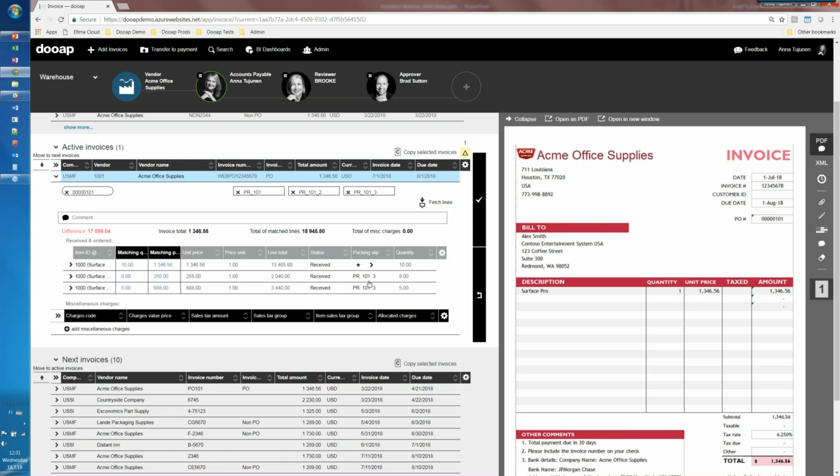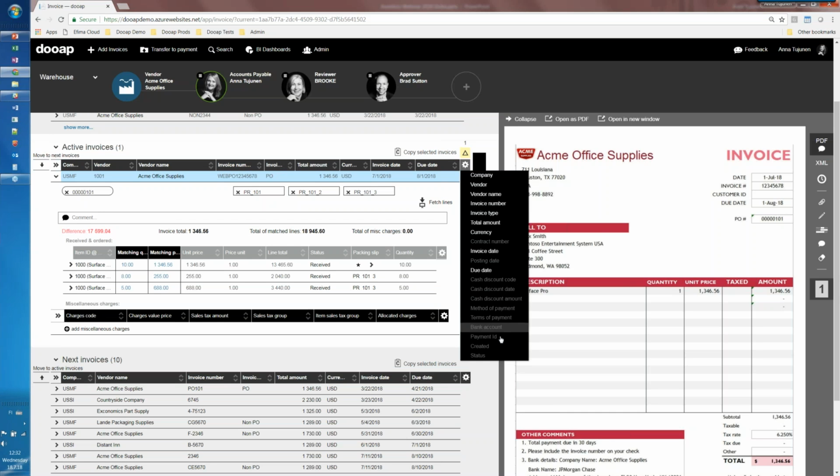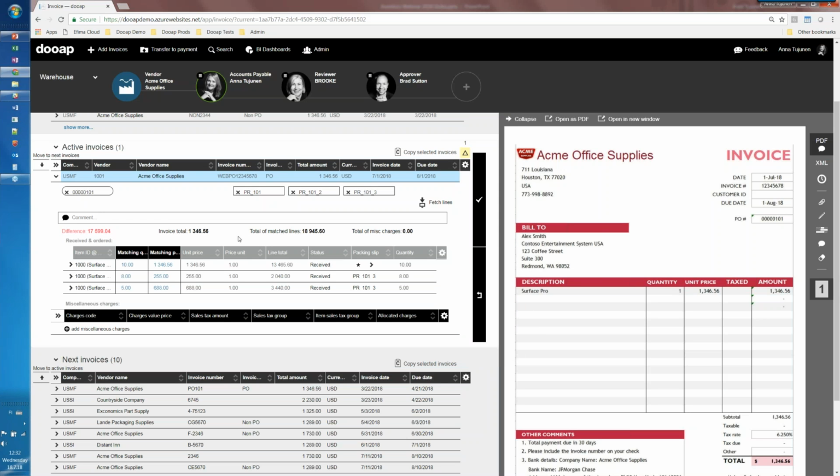Good. Okay, so this is a PO invoice, and the invoice type here is now PO. And I'll just quickly show that there is, by the way, a lot of other header fields also that could be visible, but I have hidden those just to make it more clear. So with a PO invoice, the handling section is very different.